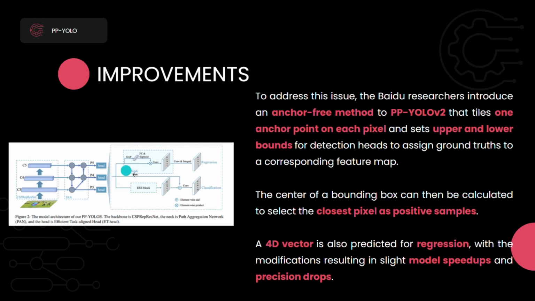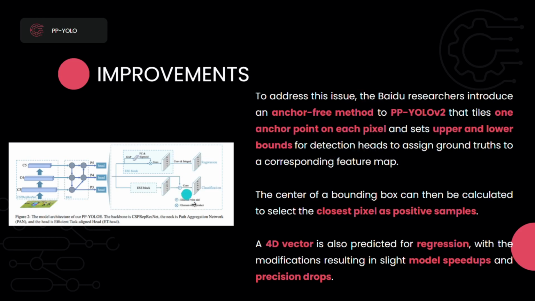So we have already mentioned that they have implemented an anchor-free method to the PP-YOLOv2 model, and it tiles one anchor point on each pixel, and it sets upper and lower bounds for the detection